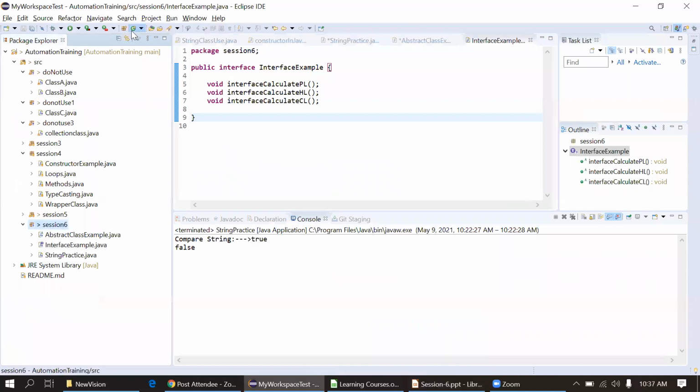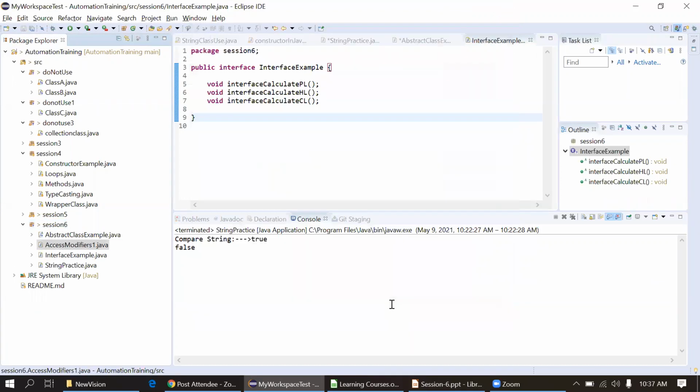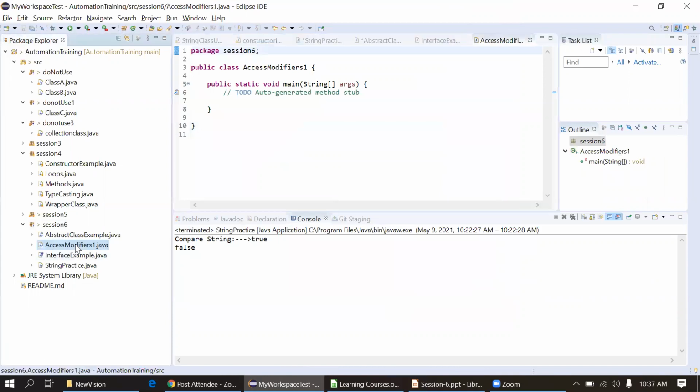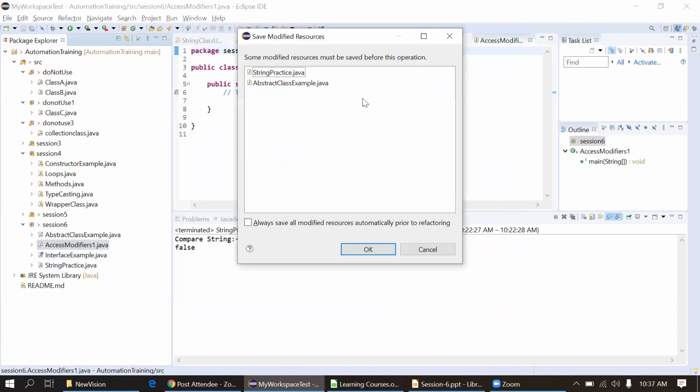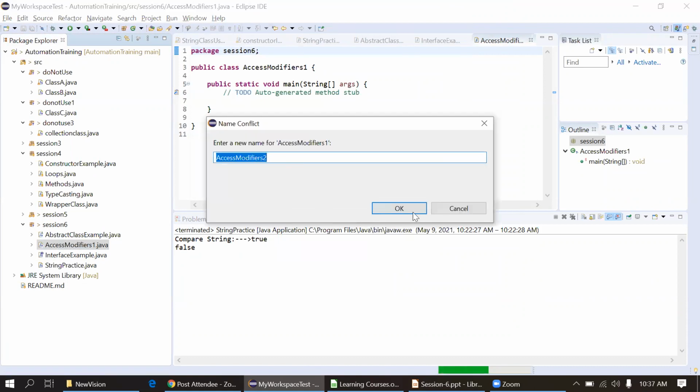I will create a class, access modifiers one. I will create one more class, access modifier 2.